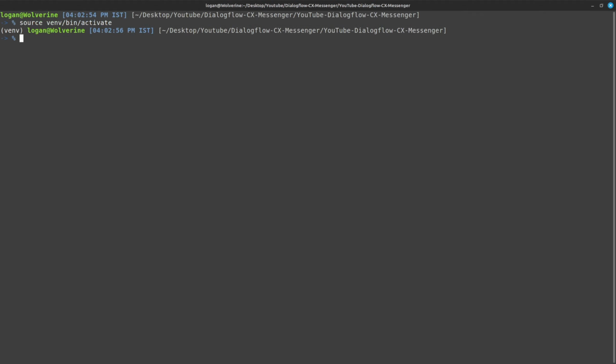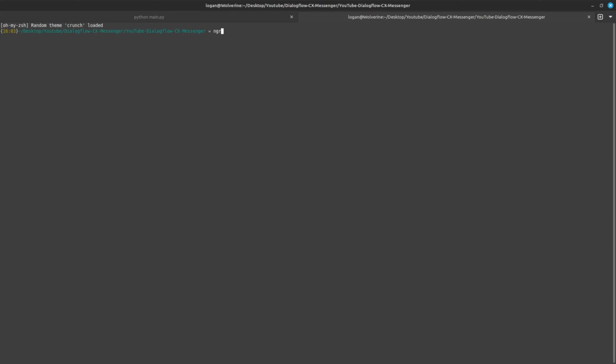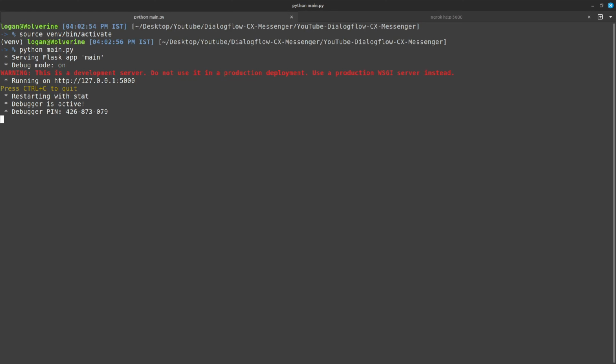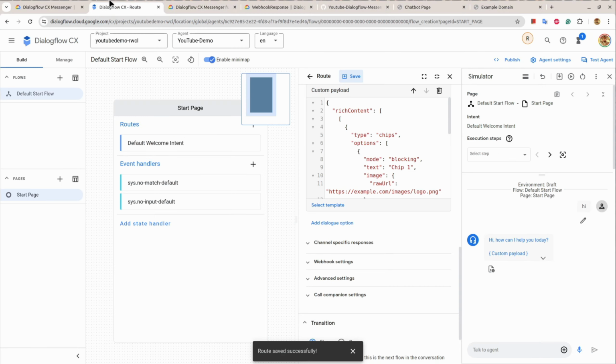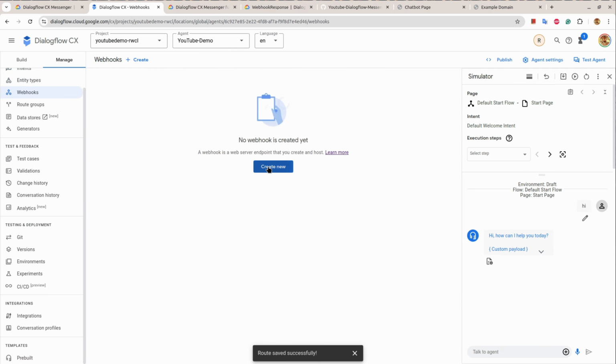I'll first source there, then run the application, and then run ngrok 5000. This will give me a webhook URL, and if I go to Dialogflow, manage webhook, create new,